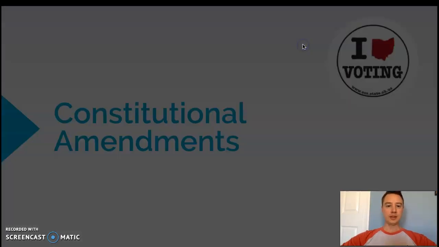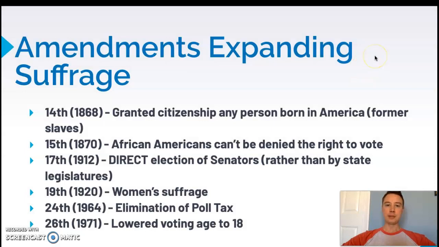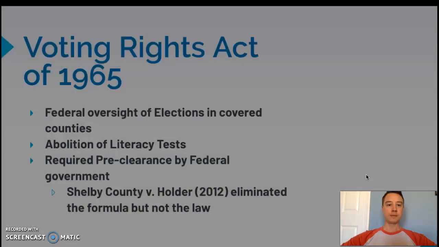And I think we have talked about some of these constitutional amendments, but here they are again. Remember, this is probably not a new one, but it's been a while since we've talked about this when we talked about Congress. Originally, your state's legislative branch would choose your state's 2 senators, but that changed after the 17th Amendment, which allowed for the direct popular election of senators rather than through your state legislatures. And I think all the rest of these on the list we have talked about before.